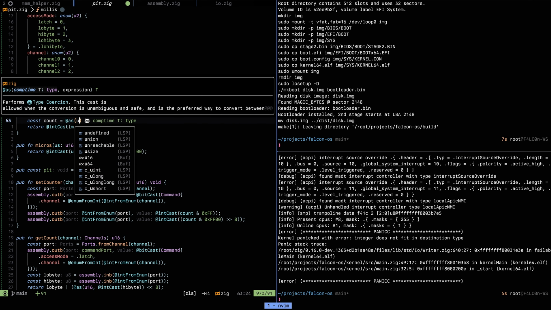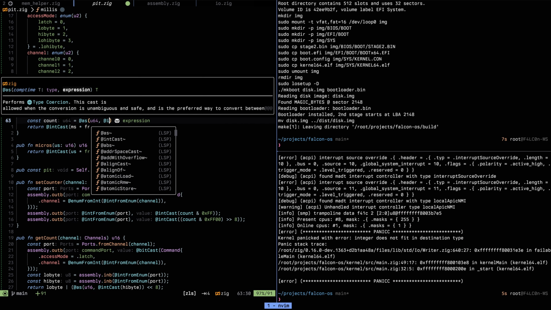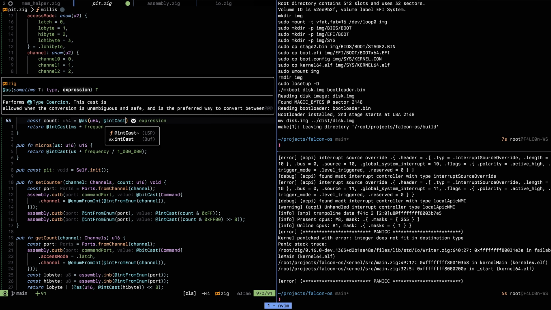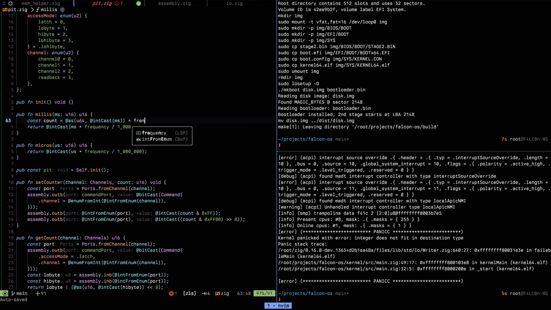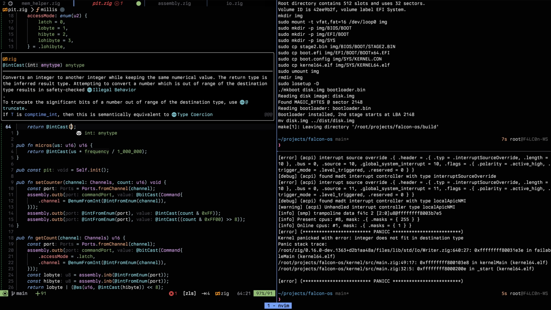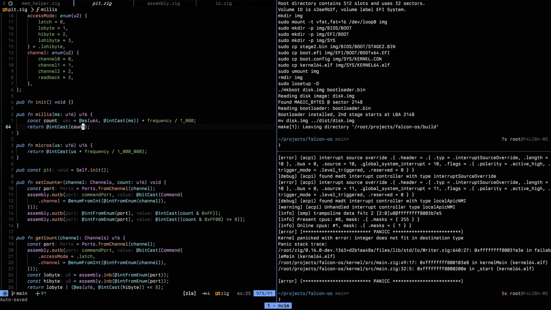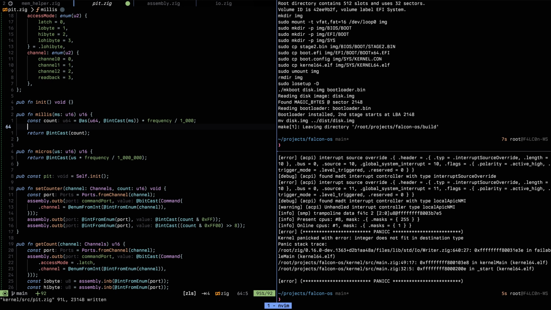So as u64 at intcast of MS times frequency, right, divided by 1000. That's a u64. And here we get that and we intcast that to u16. And hopefully here we can,